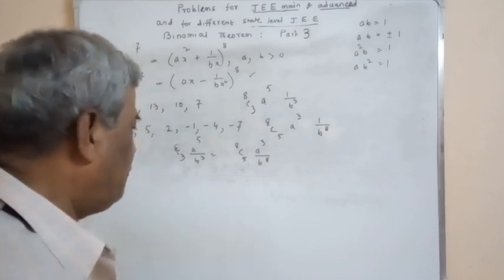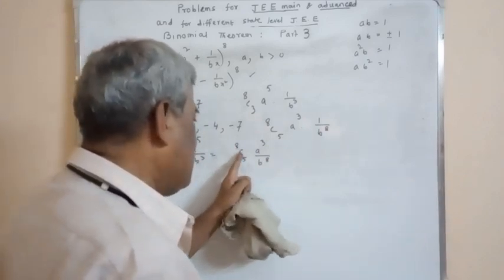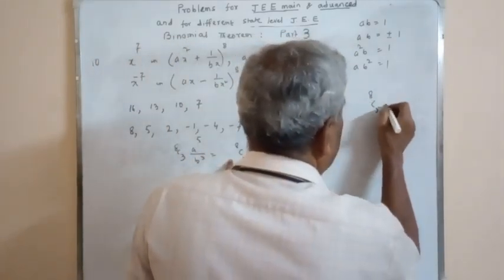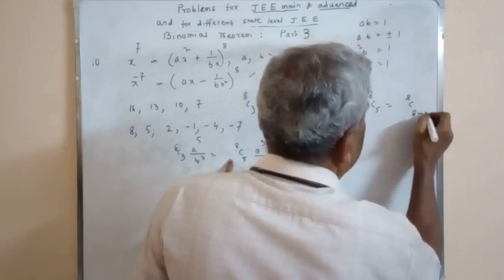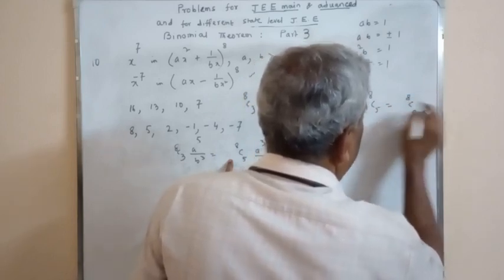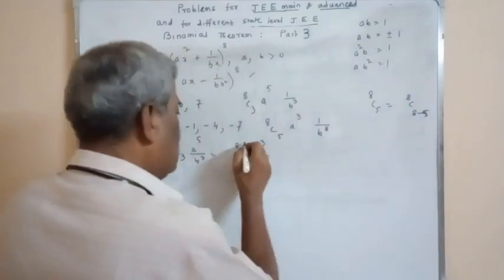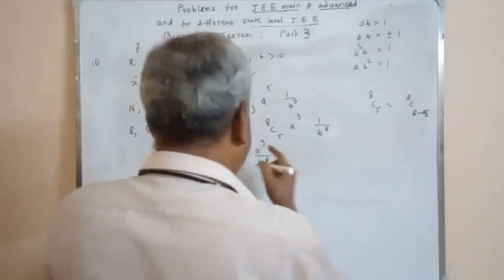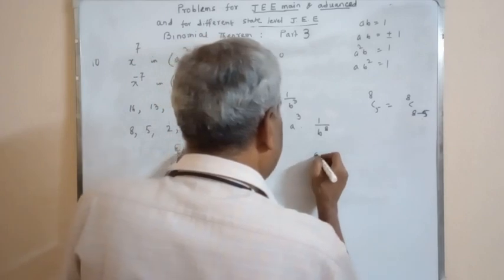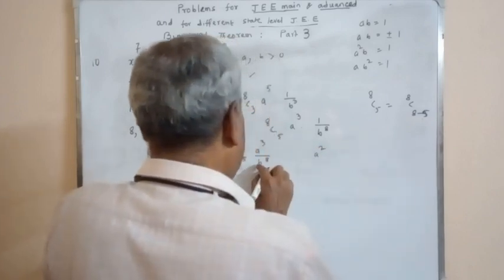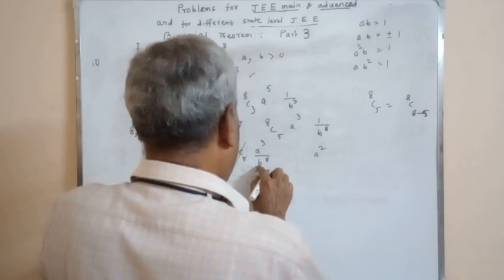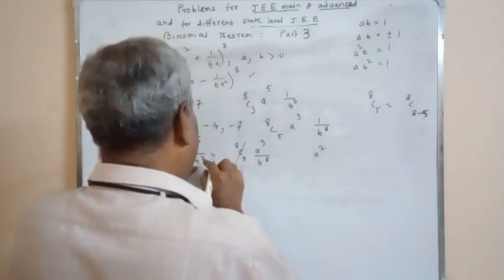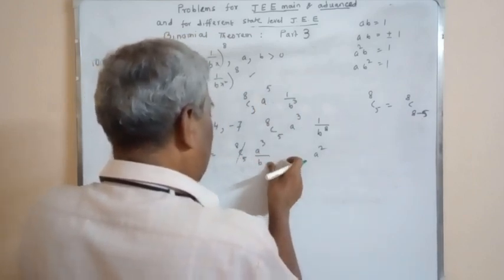Now 8C5 and 8C3 are equal because 8C5 is equal to 8C(8 minus 5), which is 8C3. So this cancels with that. Considering these two, we get a square. Considering the other two, not b to the power 8, it is b to the power 5, because